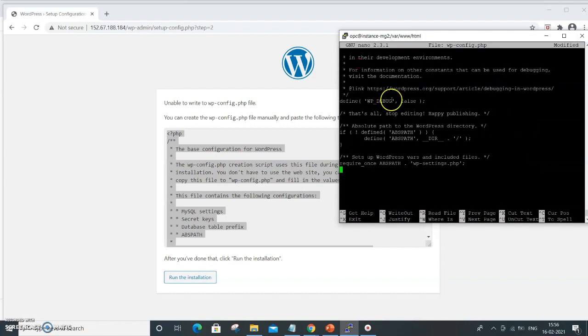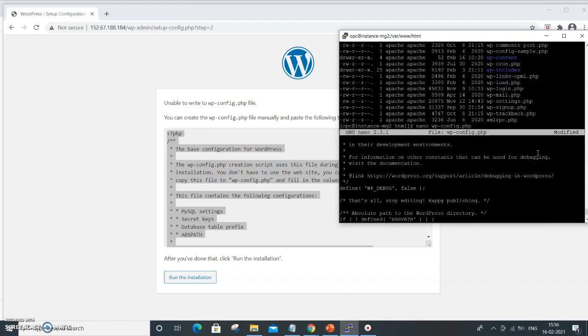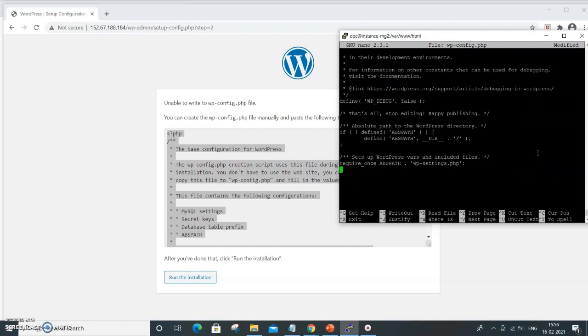So right click. All set. Control X and say Y for yes. That will save it. Before that, we need to do one thing, because this doesn't have the appropriate